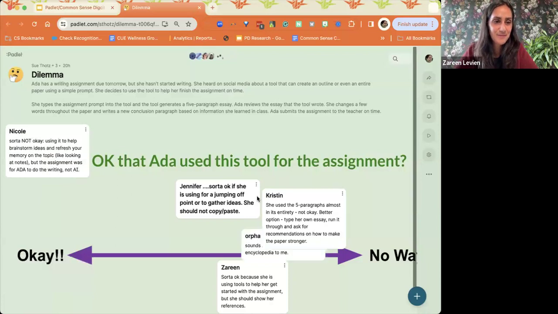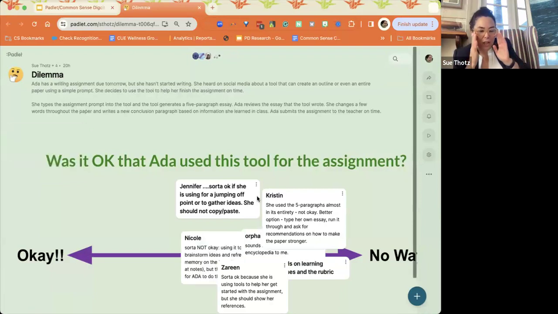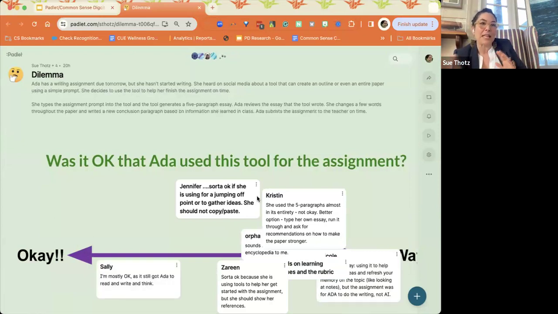Another thing that I was thinking about is, if I had real students, you guys are all adults, so I'm assuming you're pretty confident in your abilities here, but students sometimes are very hesitant to stick their neck out and make a call on something that's kind of tricky. What I would do is put the content moderation on this and hold everybody's answers until everybody had submitted, or 95% of my kids had submitted, and then I could post them all at once so that they don't see each other until then. What do you think of that?